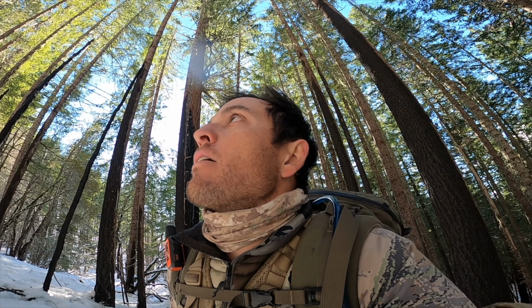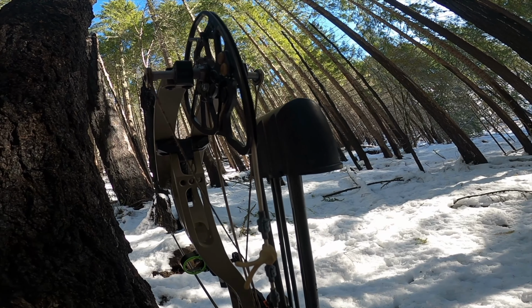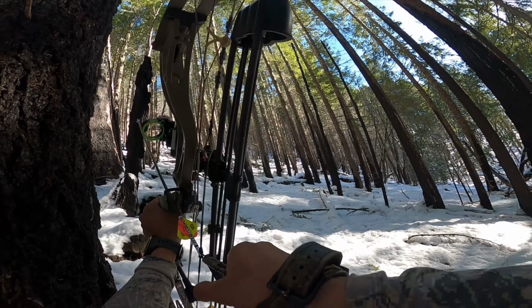I had him 40 out to 65 for 15 minutes. And then finally I just got him. He was standing there broadside. There were no trees in the way, like in the airspace. As long as I missed this close tree, I had to put it right next to the tree. And I kind of pulled the shot a little bit, but